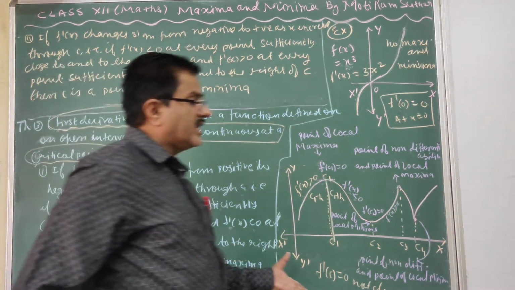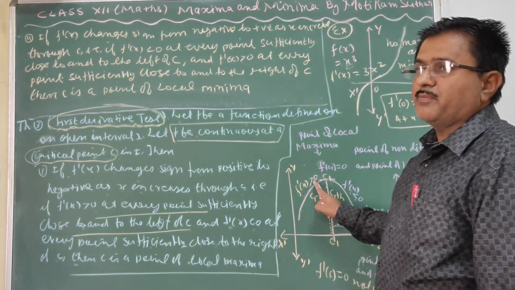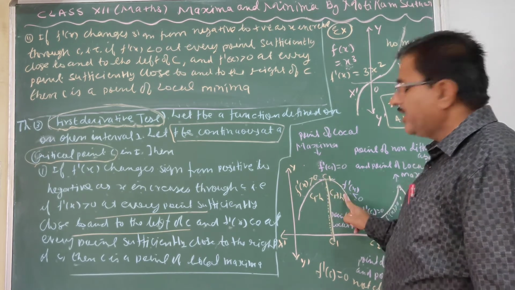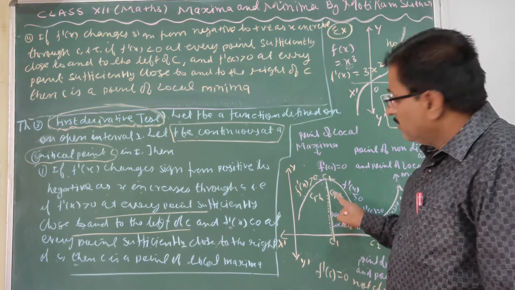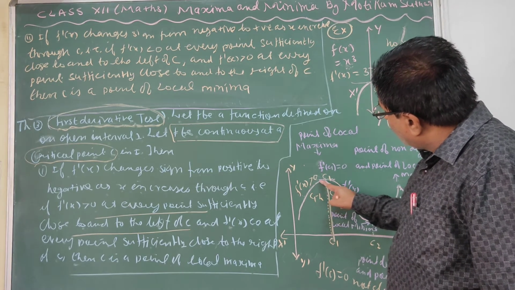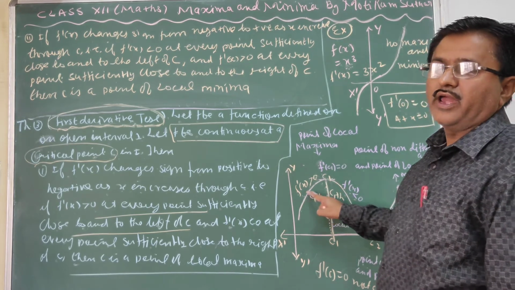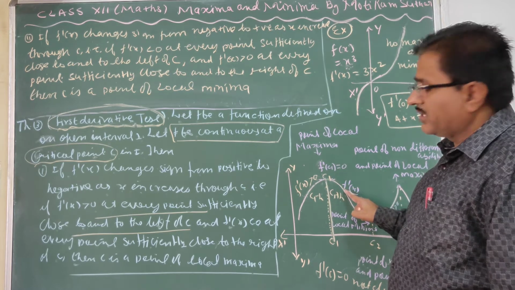तो बहुत आसान है. लोकल मैक्सिमा क्या होगी? जिस पॉइंट के लेफ्ट में डेरिवेटिव की वैल्यू पॉजिटिव होगी और उस पॉइंट के राइट में डेरिवेटिव की वैल्यू नेगेटिव. मींस वैल्यू ऑफ f dash is changing from positive to negative. यहाँ प्लस है, करते करते 0 और फिर नेगेटिव आ गया.